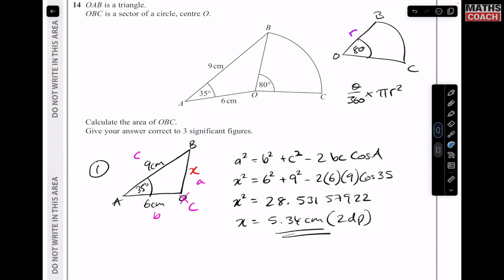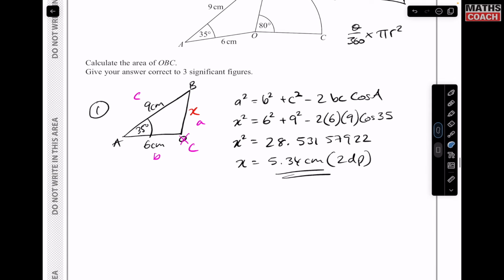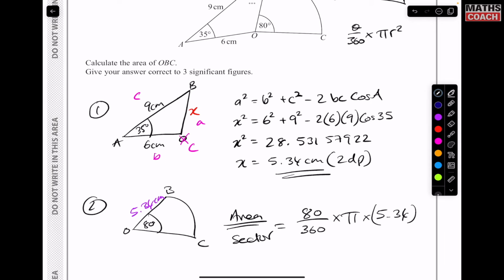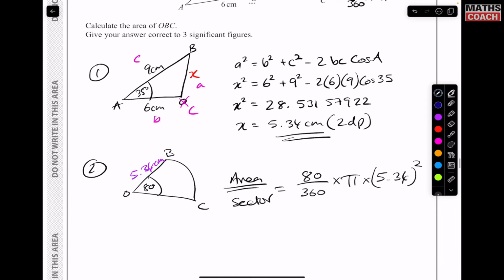So now I have this diagram for stage 2. So part 2. So now this is 5.34 centimeters. I have my radius, so therefore the area of our sector would be theta, which is 80 over 360 times pi times 5.34 squared. And if you put that into your calculator, you should get 19.9 centimeters squared,